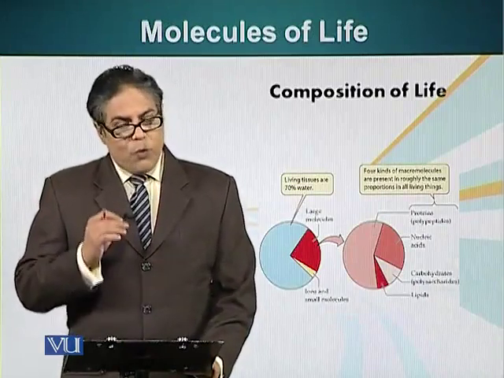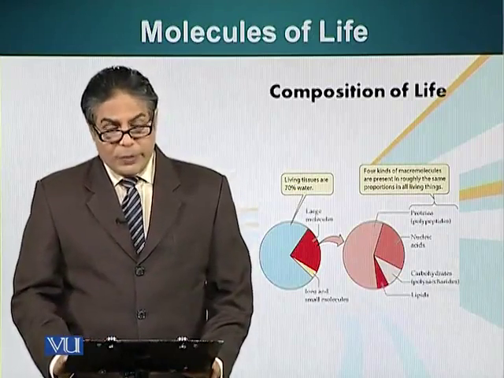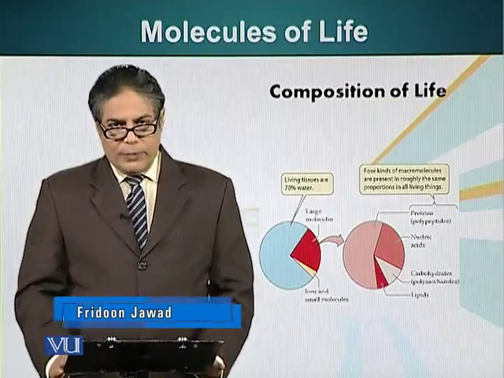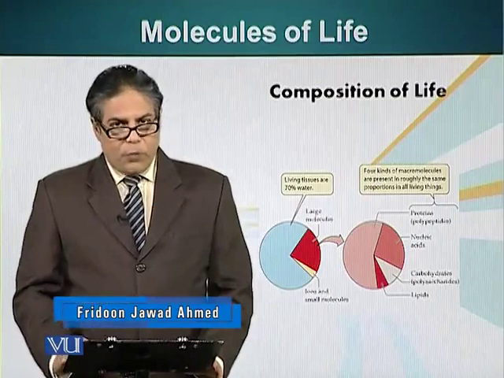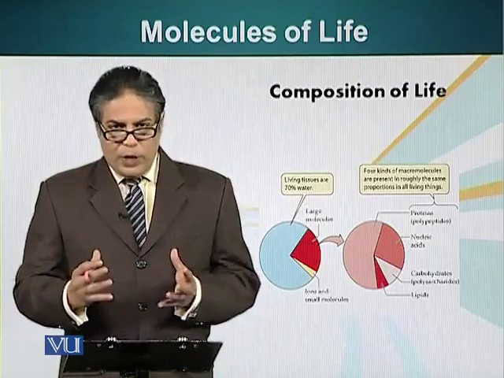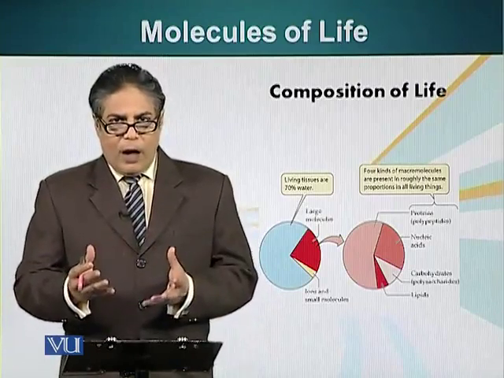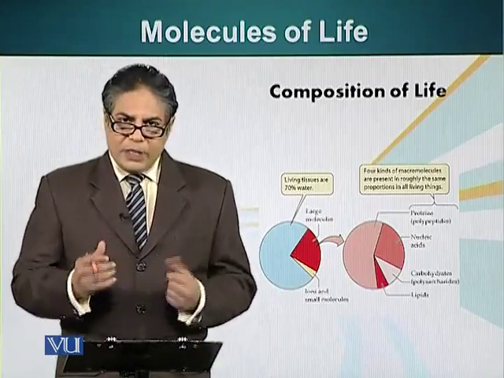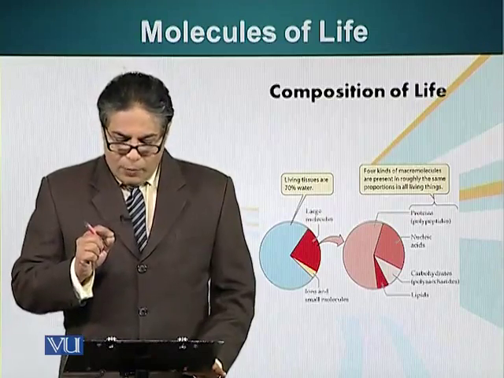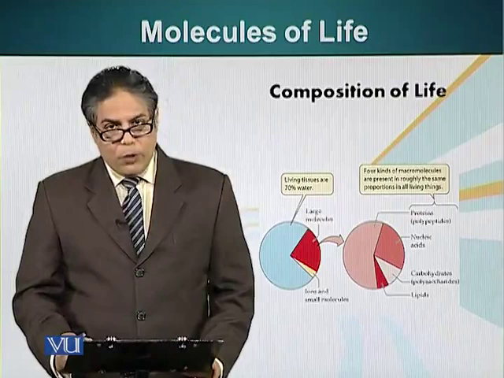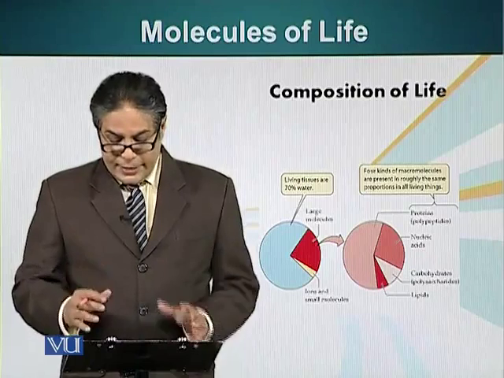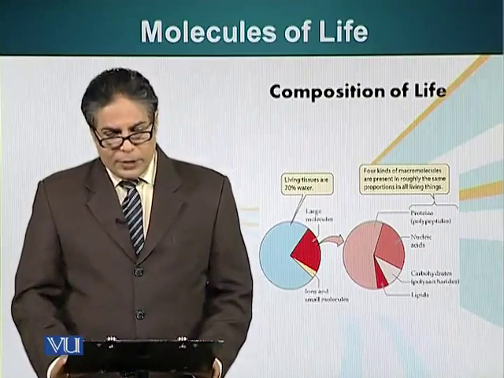The material that is most abundant in the cell is water, 70% of it. Large molecules have a relatively small contribution, followed by ions and small molecules. Now let's look at these 4 molecules, the large molecules. Which type of molecule is the major contributor? You'll notice in the pie chart that the most abundant molecules in the cell are the protein molecules, followed by nucleic acids. Nucleic acids are the second most abundant type of molecules in the cell.